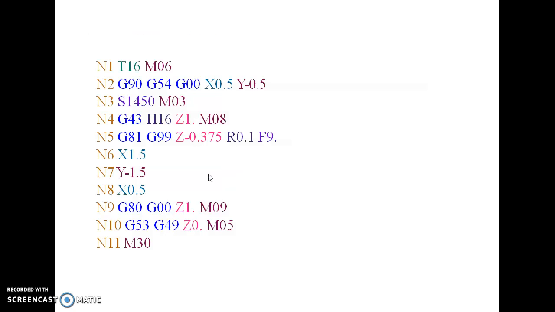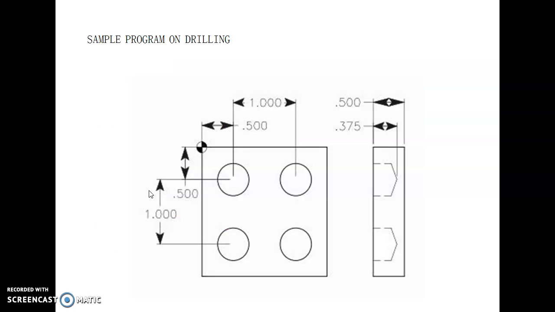And N6 X1.5, that is a drilling cycle which continues the work, so in every axis of movement there is no need to give all the values. So the next drill is done by X1.5. From the 0 point, the X movement 1.5. The second drill takes place